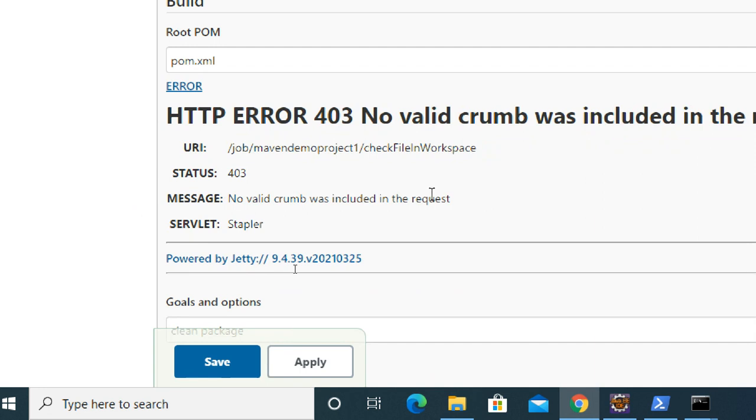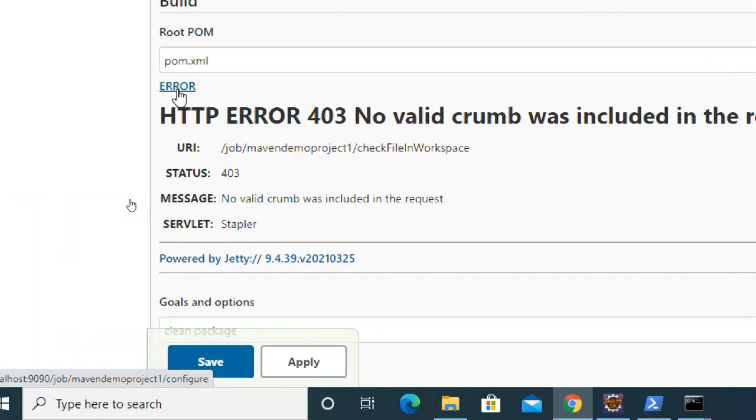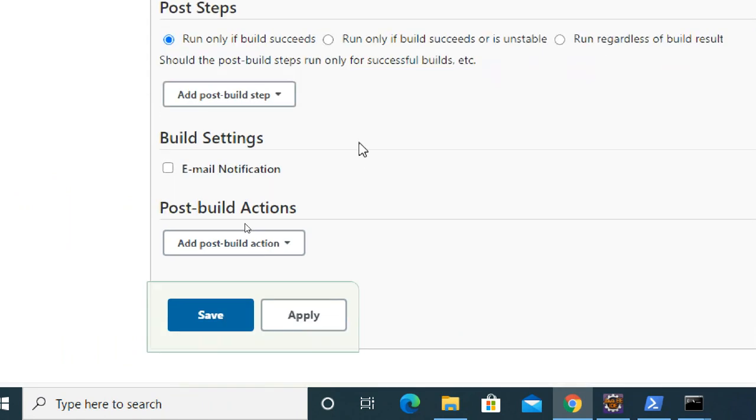It is showing an error, and I don't know why. It's okay, no problem. I'm not doing anything here. This is the post build setup, and I'm doing nothing. I'm just saving.